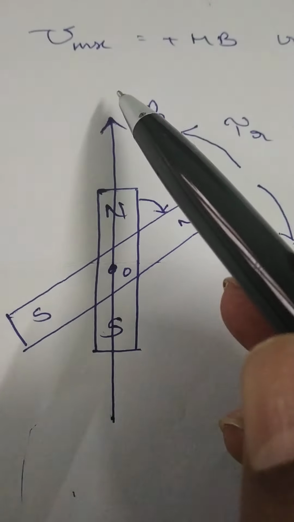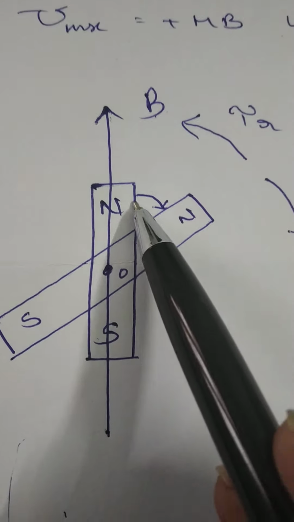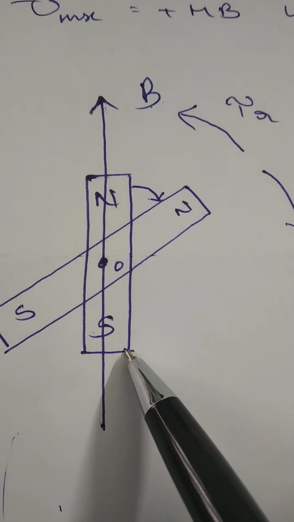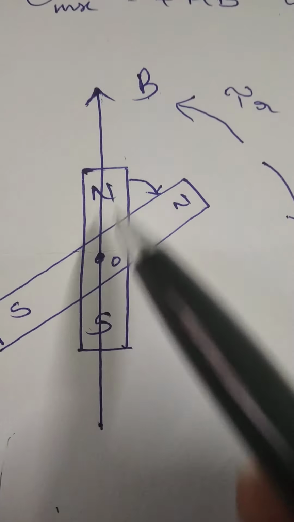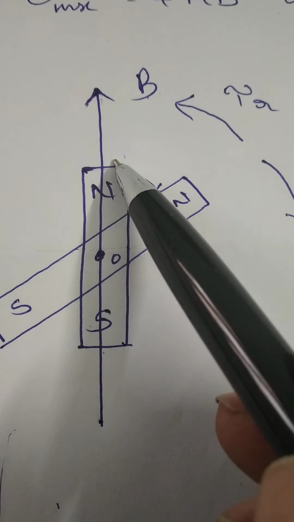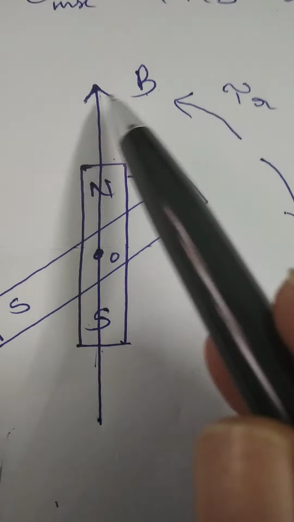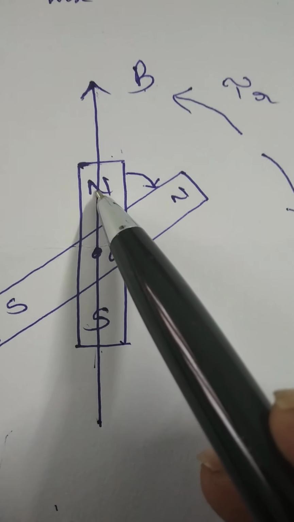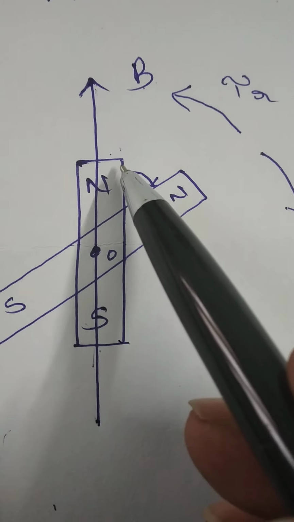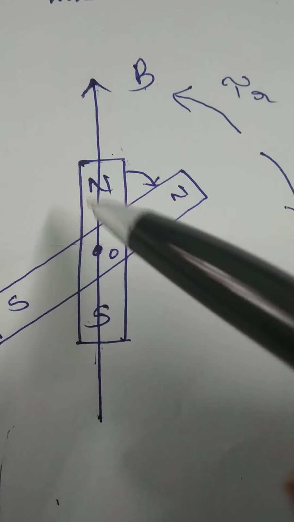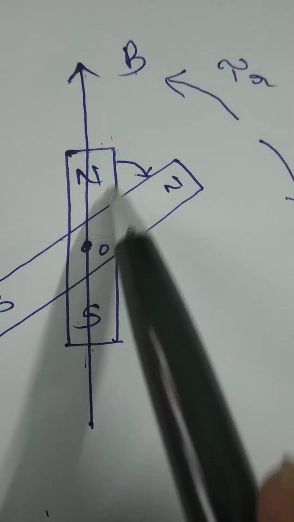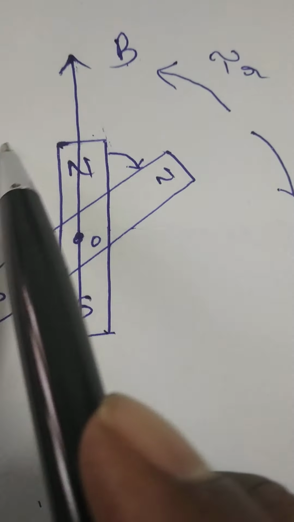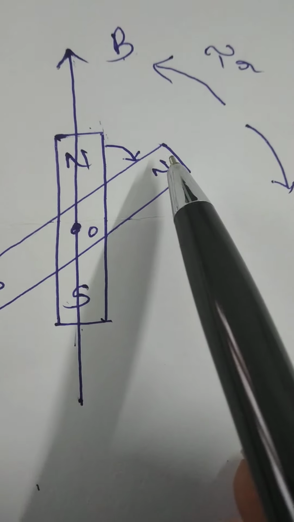In the uniform magnetic induction field, a bar magnet of magnetic moment capital M is suspended freely such that initially the magnet lies along the field direction. Suppose a small force is applied on one pole of the magnet so that it is pulled on one side through a small angle theta and released, what happens?